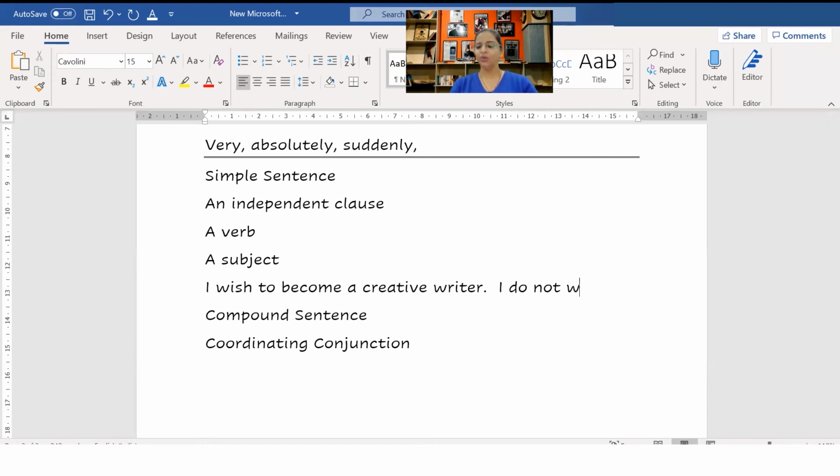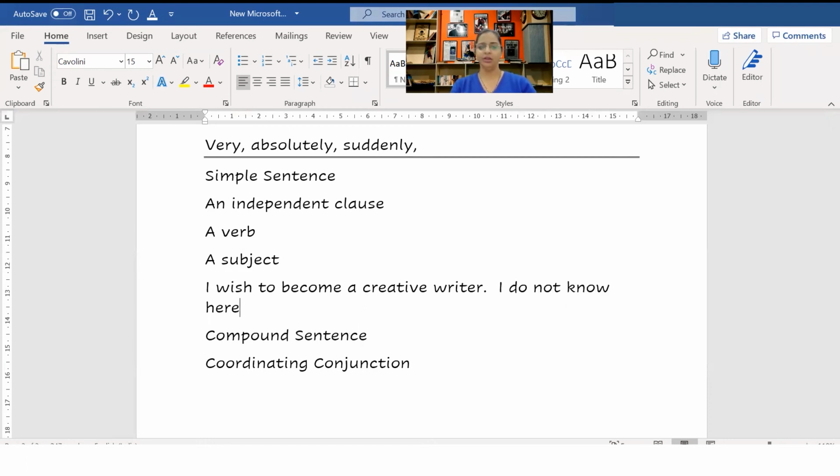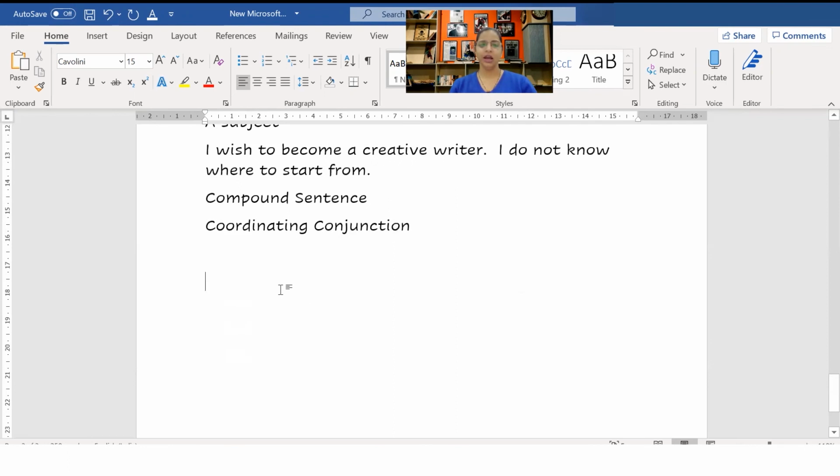I do not know where to start from, right? Now these are 2 simple sentences. I join them with a coordinating conjunction. I wish to become a creative writer, comma, and I do not know where to start from.